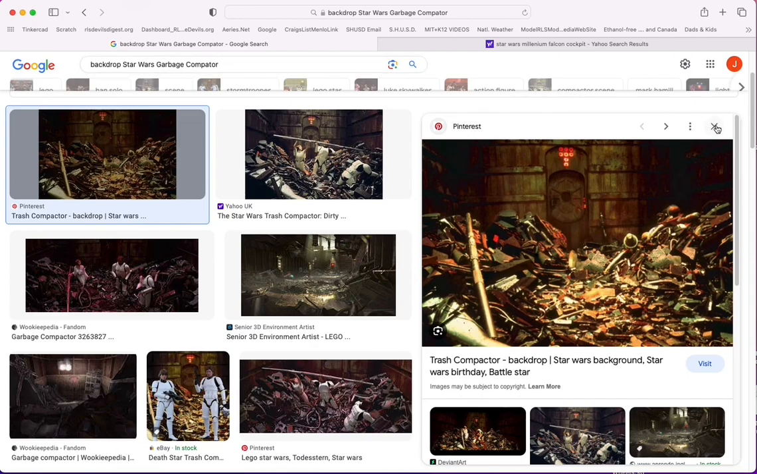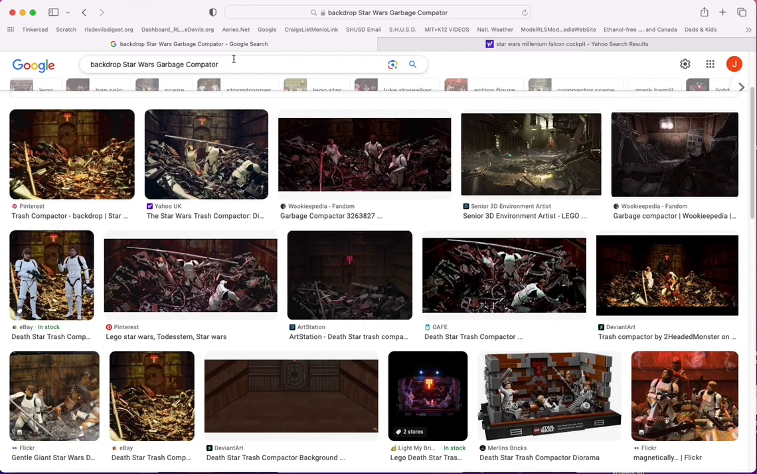I'm going to click on this X, get rid of this. I'm going to come up here. I'm still inside of images. So here it says backdrop Star Wars garbage compactor. How about this time? I'm going to put in the famous scene of the bar scene, and I'm going to